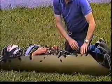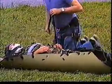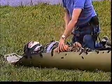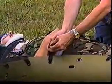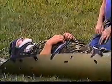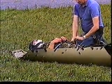Don't worry about this. If you had a spinal injury, that'll all be padded and this would be out. But we leave it loose so that if you have to use mask trousers or whatever, you can do it. Now I don't want to put this across his wrist like this because I'm going to cut off circulation. So if his arms are going to be out, I'll pull them up a little bit higher. And if it's an unconscious patient, I'd make sure his hands were down inside. And the snug